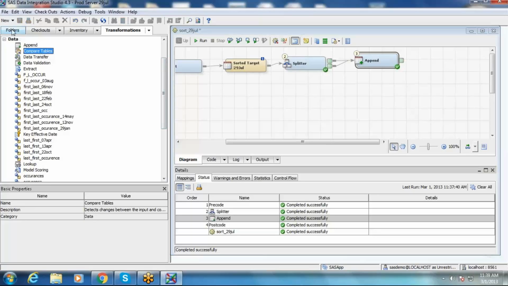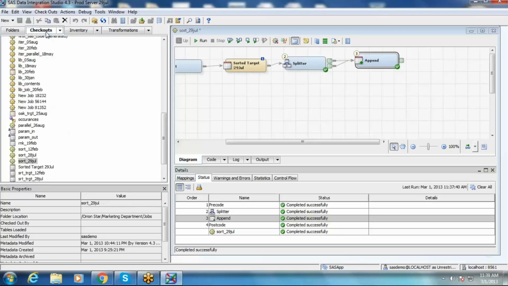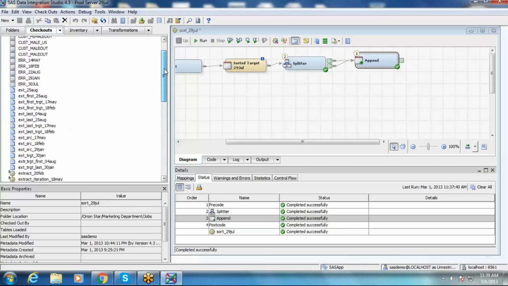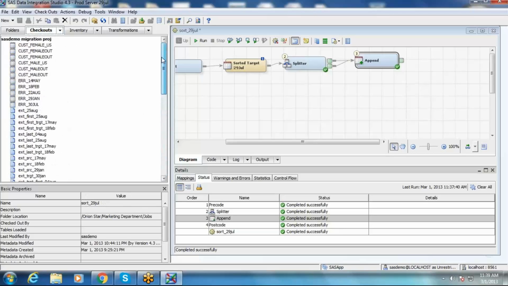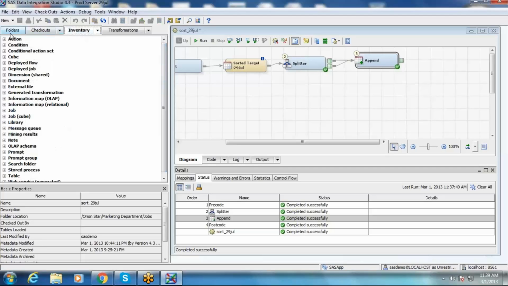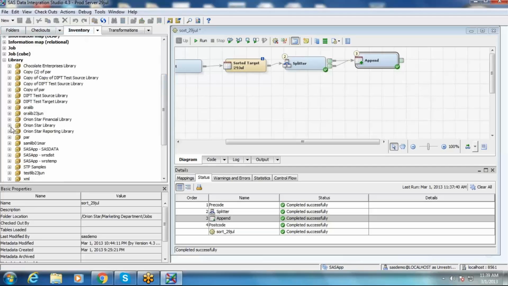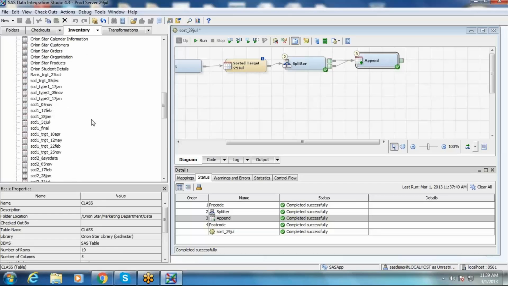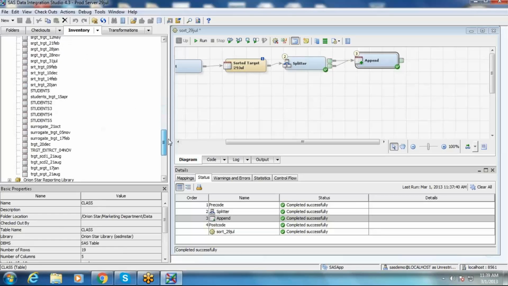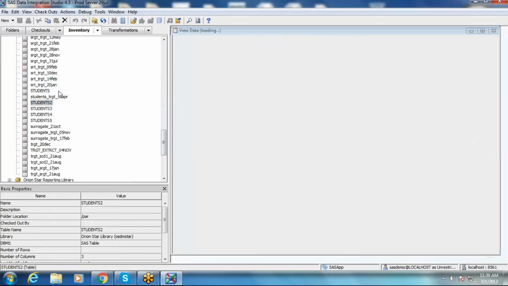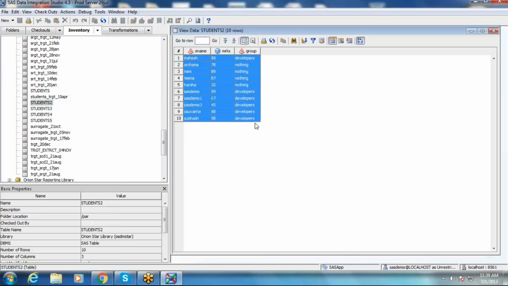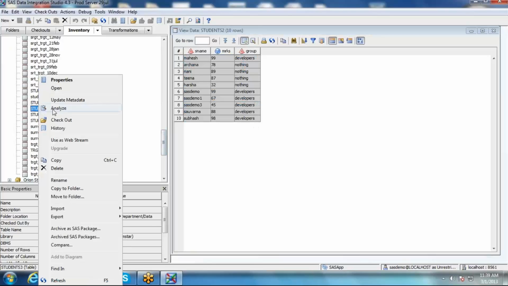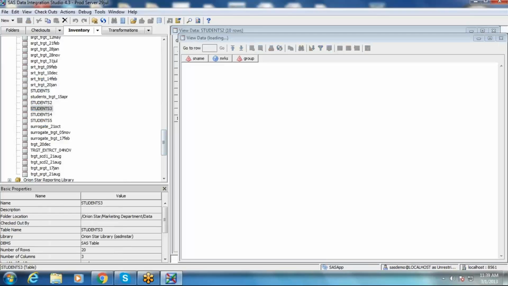Let me show you two tables which have a small volume of data. Okay, so we have students 2 and students 3 tables.